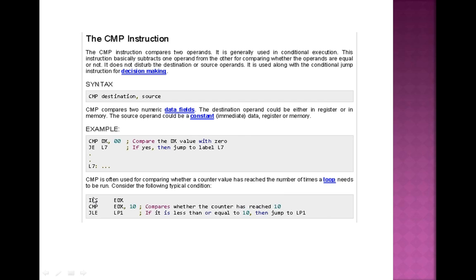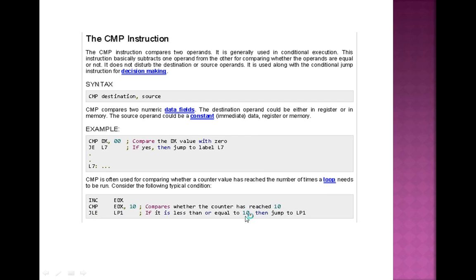So first of all, increment, that is INC EDX. EDX is a counter that is incremented automatically. Now compare EDX to 10. Compare whether the counter has reached 10 or not. Then JLE LP1.